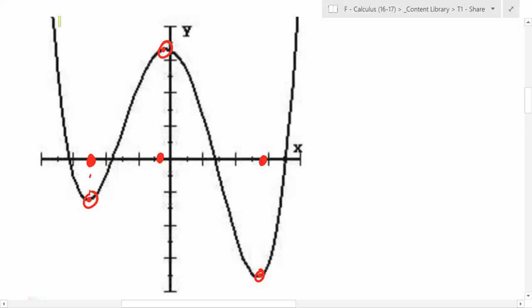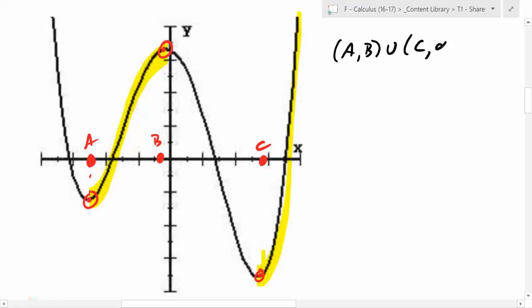Let's do that yellow. So where is the slope? Let's call this point A, B, and C. Where's one place the slope is positive, Lindsay? What's one region where the slope is positive? B. B is 0. The slope of the tangent line is 0 at B. From what to what does it look like the slope is positive? Oh, A and B. From A to B, exactly. So from A to B it's positive. Where else is it positive? There's one other place. C to infinity. So it looks like from A to B and from C to infinity, the derivative is